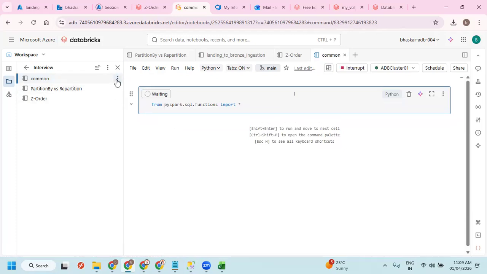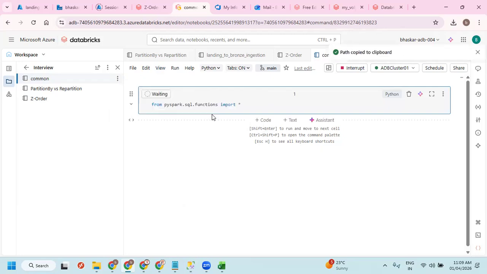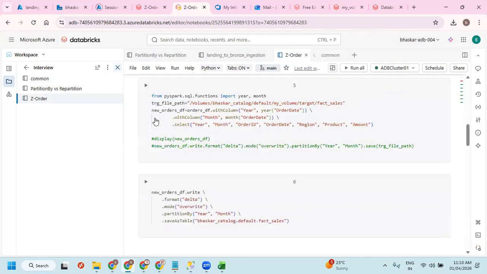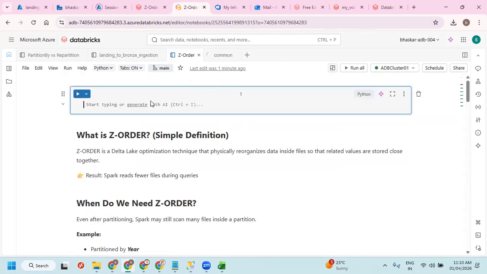So if that is the case, what you can do is you can take the full path of this notebook, go to your Z-order. At the starting of every notebook, basically, we are going to keep this percentage run.